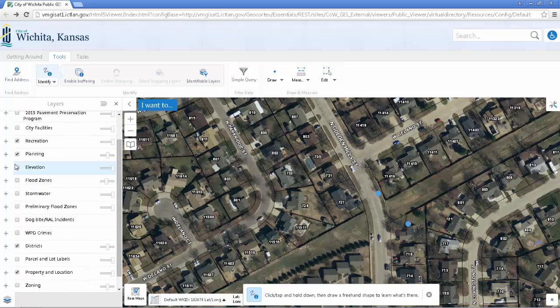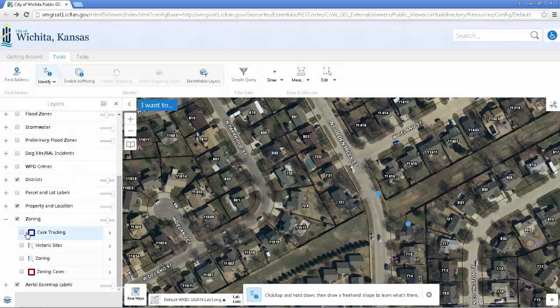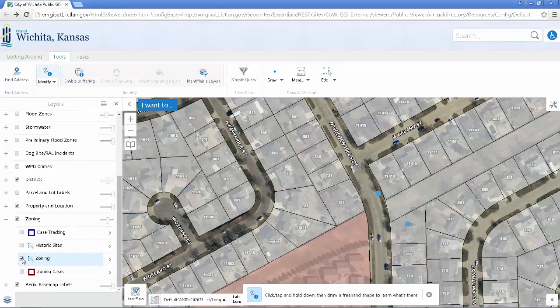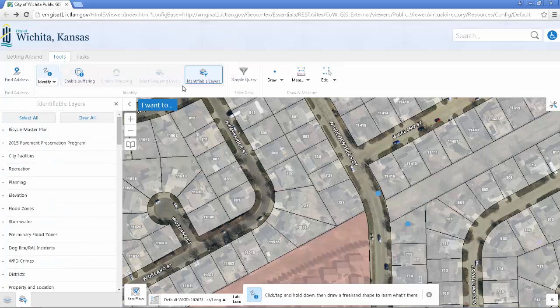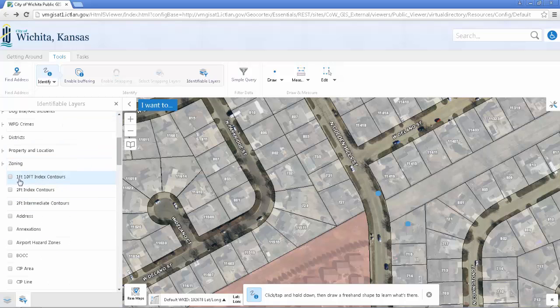I can turn on some additional data, let's say zoning. I'll turn on the zoning layer. And now when I have my Identify tool selected, I can choose what layers I want to identify. So I can select all, or I can clear all, or I can choose individual ones. So for example, zoning, I'll select the zoning. So I'll get identify information about zoning,